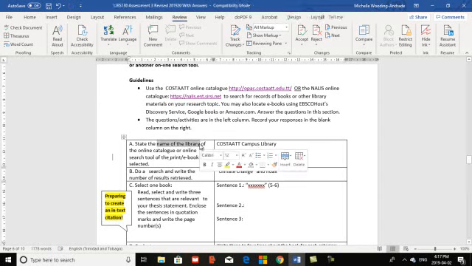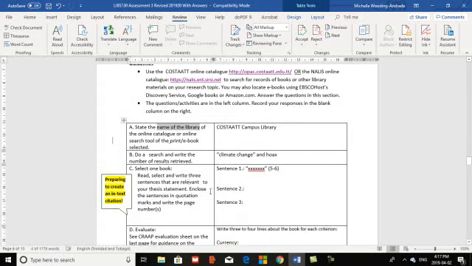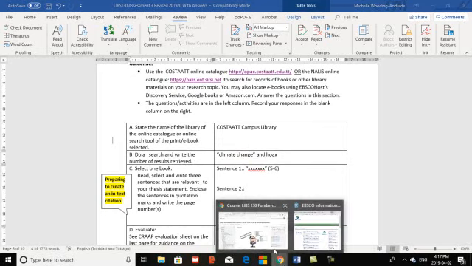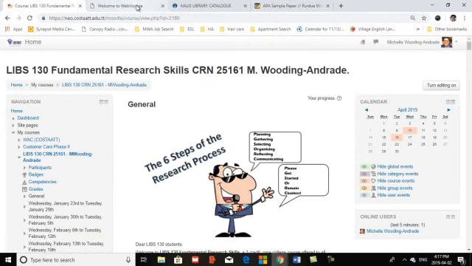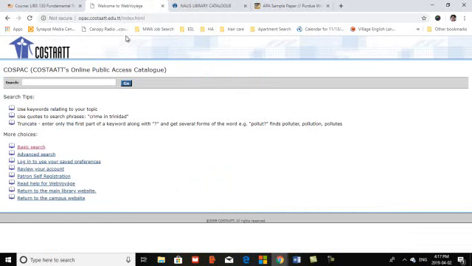That's important. Okay, next, B, you're going to do a search and write the number of results retrieved. So you don't necessarily have to put the search string as I have stated here. I just put this here to let you know that I will be using a search string. So I'm going across to the browser, and I'm going to start off with a walkthrough of how to use COSTAT's